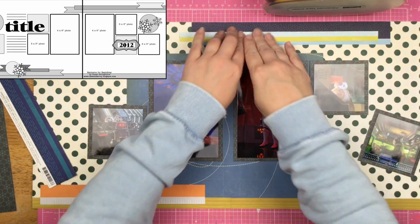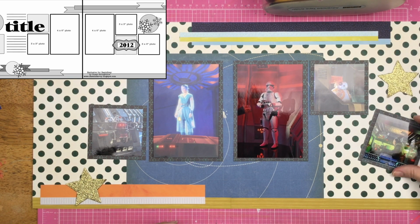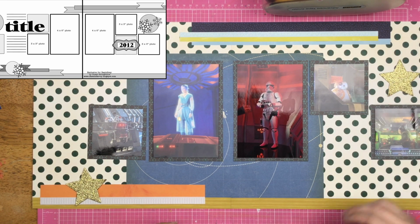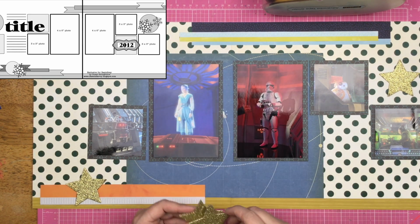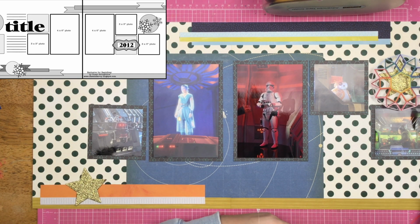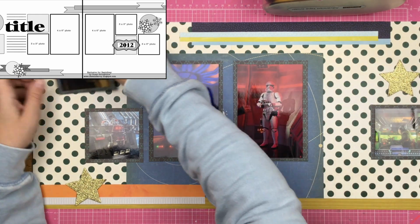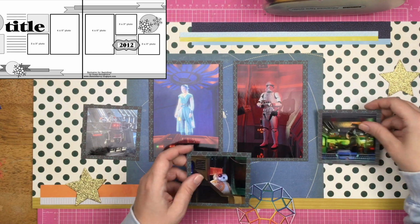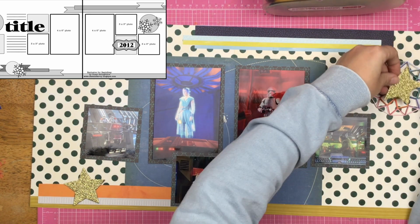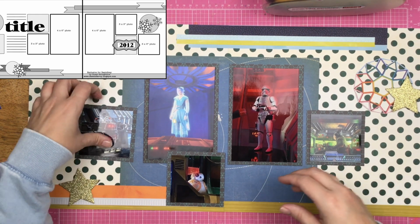Now, I did want to kind of repeat the color that was on the bottom all the way across the page onto the top. So I did put that little bit of yellow, but it is not an exact color match. But I didn't want it to look like there was a base on the bottom of this layout and then the photograph just kind of went whoosh right off the top edge of the page. So bringing in that similar color, even though I'm not repeating all the colors, will help me contain the photographs